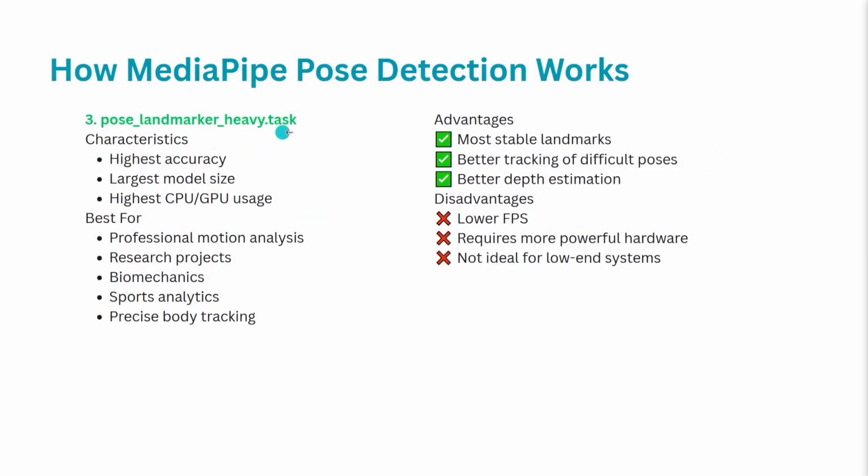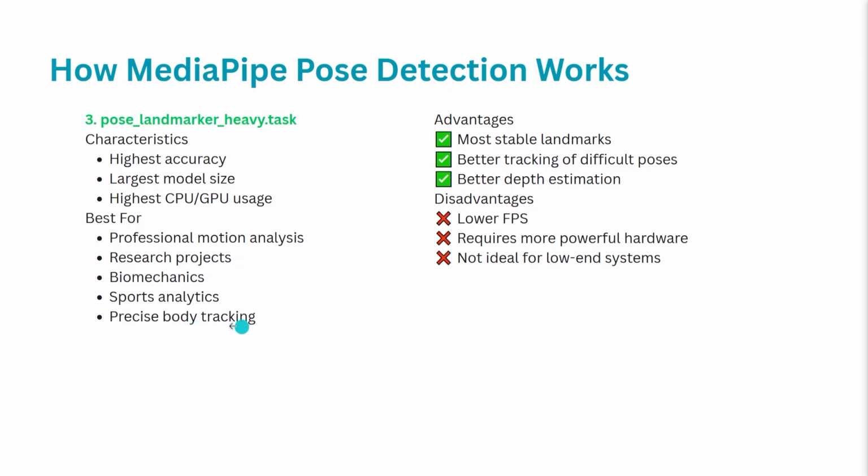Then comes the heavy model. It provides the highest accuracy, the largest model size, and the highest usage of CPU and GPU. It is best for professional motion analysis, research projects, biomechanics, sports analytics,